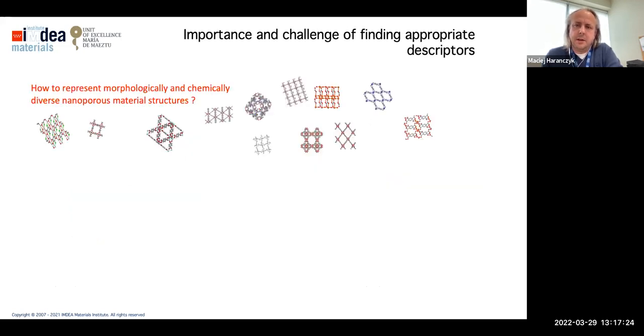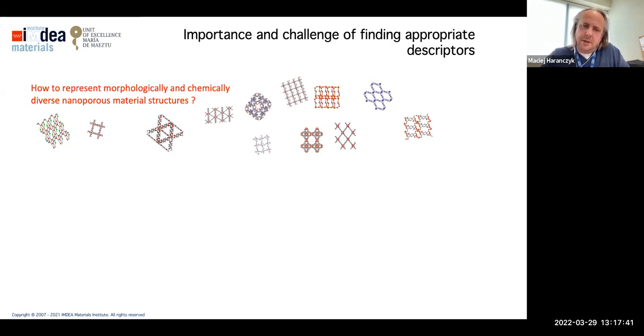Another important part in this framework is the descriptors. If we have lots of different structures, like, let's say, metal-organic frameworks that have different morphology and different chemistry, the question is, how can we represent them? What are the important features for those?